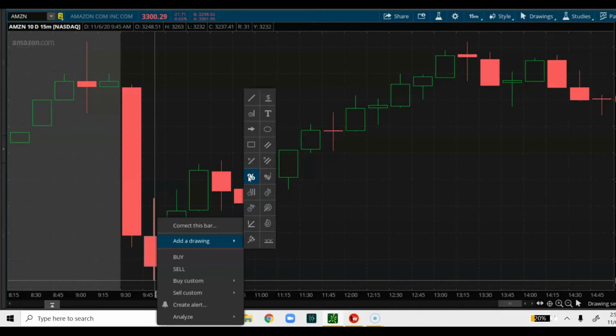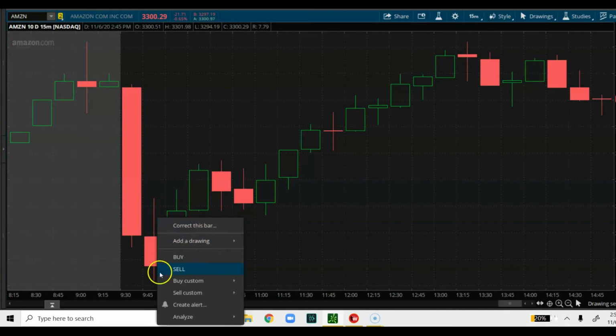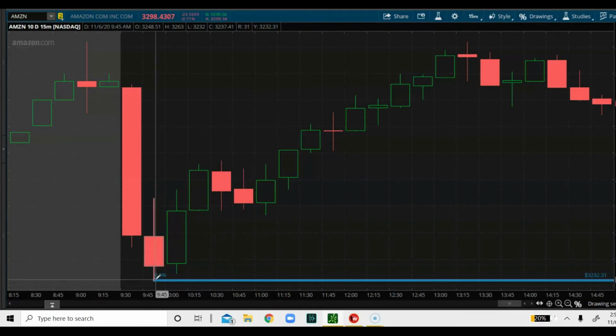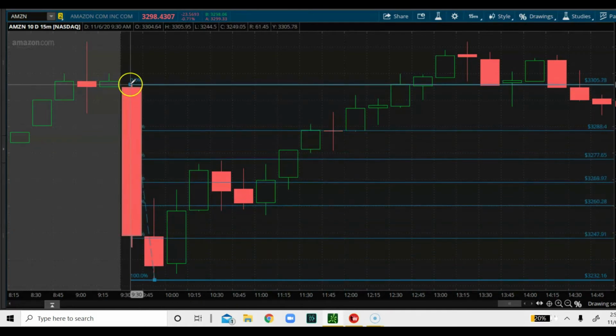So whatever platform you're using, you should be able to find the Fibonacci tools under the indicator tab. I draw my Fibonacci from my swing low to my swing high,